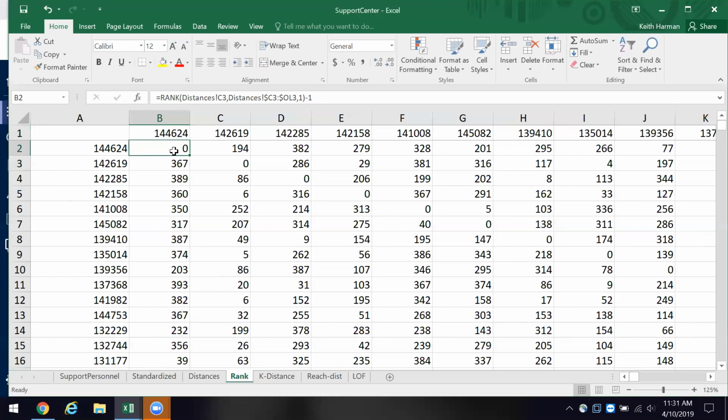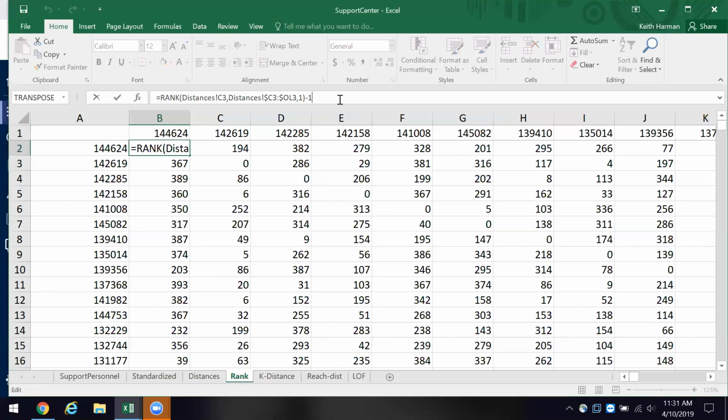Now, we'll click on this. The rank function returns the rank in a list of numbers, okay? And the rank of a number is its size relative to other values in the list. In other words, the position if you were to sort the list.